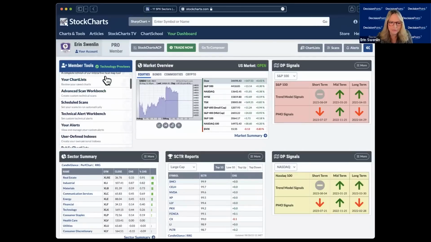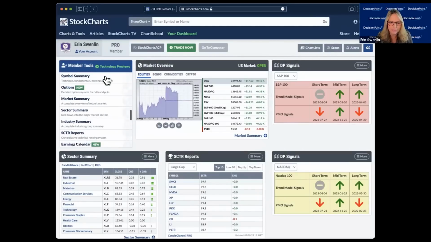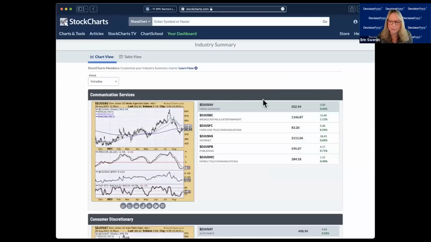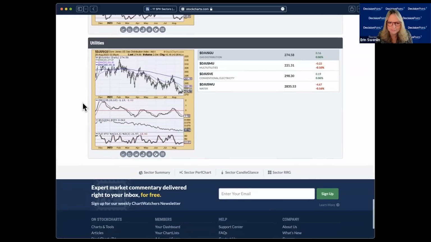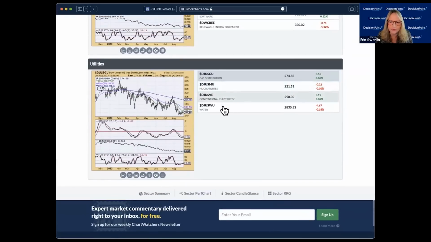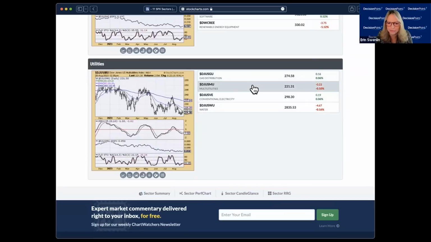Let's go ahead and dive into some of these industry groups and see what we can see. I'll start with utilities just because that's the one I just gave you the biggest discussion on. We can look at the different industry groups and their charts. So gas distribution, we are hitting a low. It has started to rally, but we're not seeing that much out of the PMO just yet. Stochastics rising though, so not a terrible look, but not anything overly bullish. Same thing goes for multi-utilities, again at very strong support and trying to bounce. Stochastics rising.